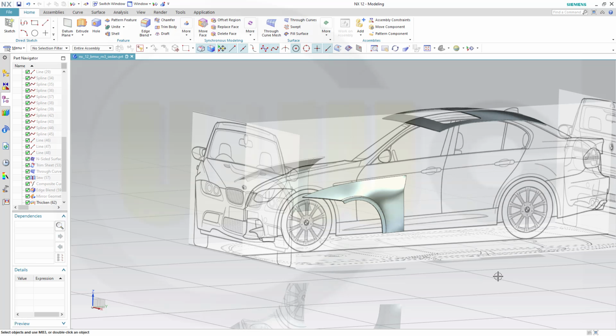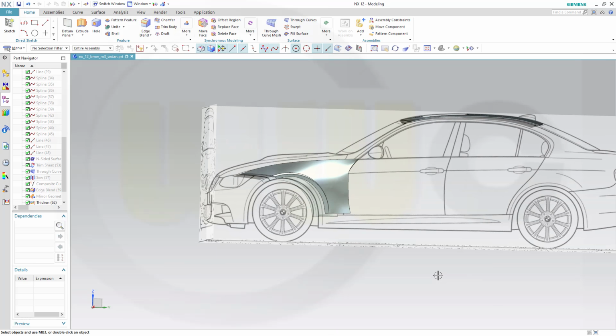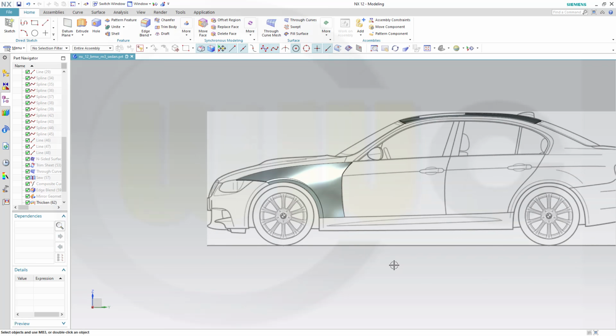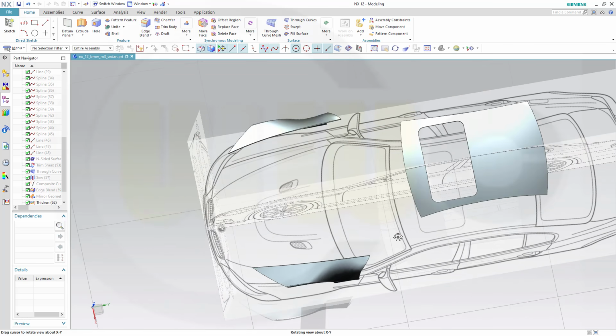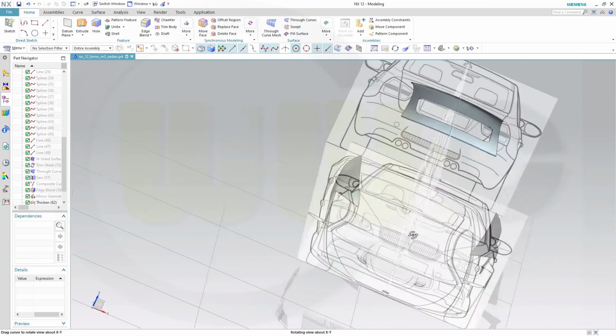You might remember I did a long time ago a video about putting those images into NX and all the other programs. Now I want to show you how to model some parts. I will begin with that fender here, and if you take a closer look from all sides, it fits quite nice. From above as well, and from the front